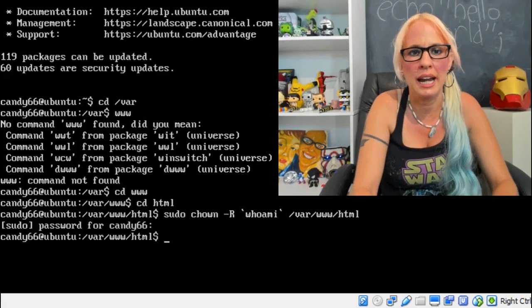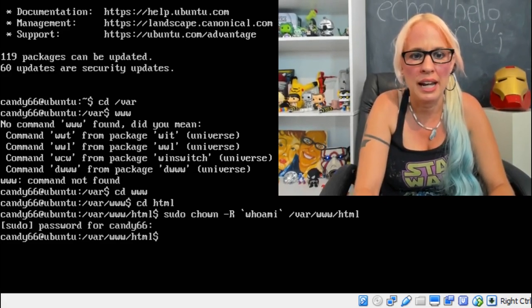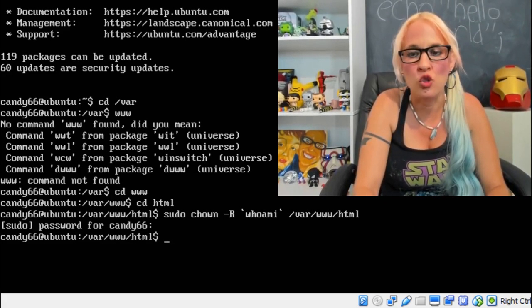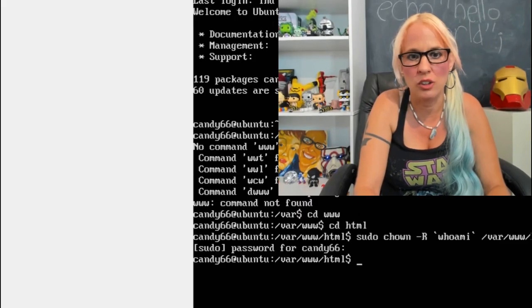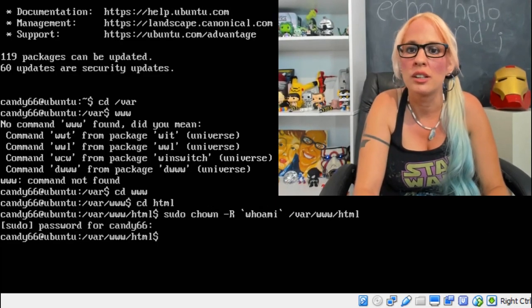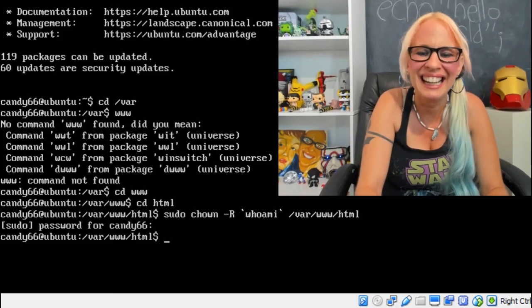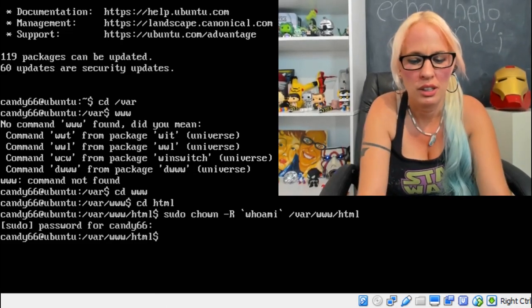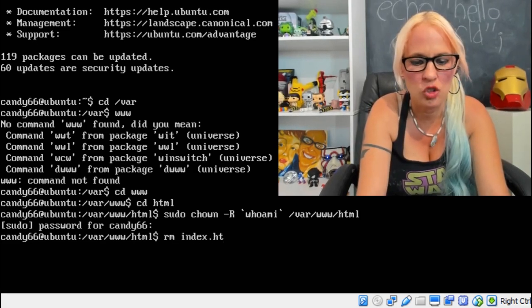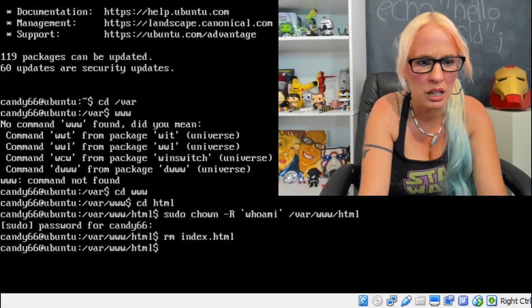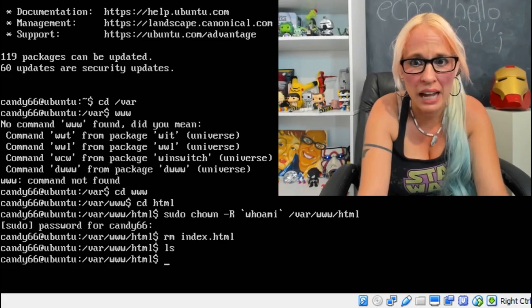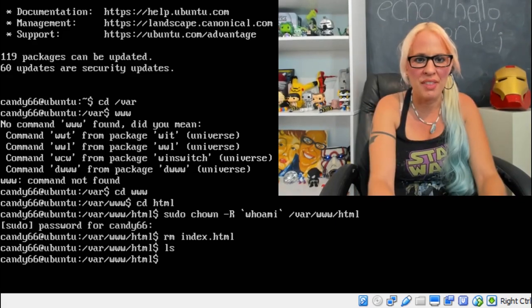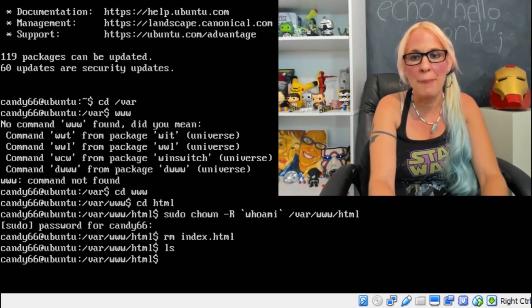Now we can go ahead and remove that file, index.html. Oops, I hate it when I do that. Okay, so to remove that file, if you remember, we're going to do rm index.html. Now let's go ahead and list. It's not there. Now that it's deleted, go back to your web